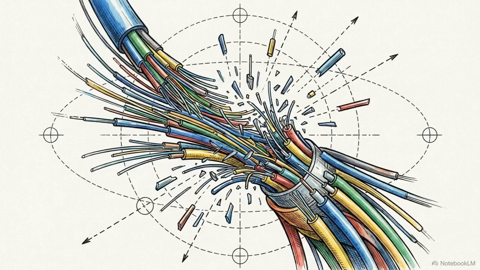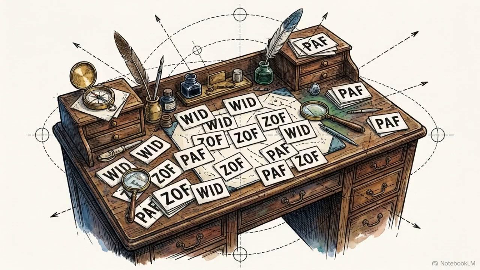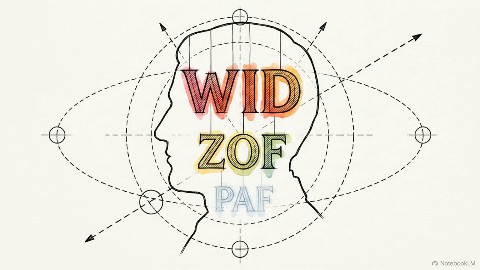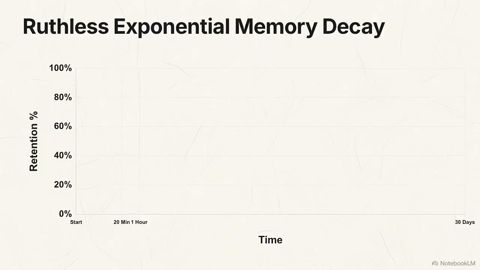To understand why a clear explanation does not equal retention, we have to look at the biological default of memory. In 1885, German psychologist Hermann Ebbinghaus spent thousands of hours memorizing nonsense syllables to measure exactly how the brain treats information it does not actively use. This chart shows the resulting Ebbinghaus forgetting curve. It plots memory retention against time, and it reveals a mathematical reality of exponential decay that is absolutely ruthless to